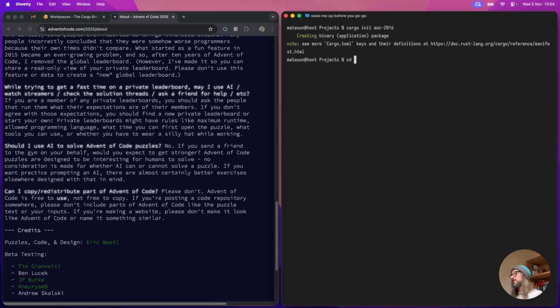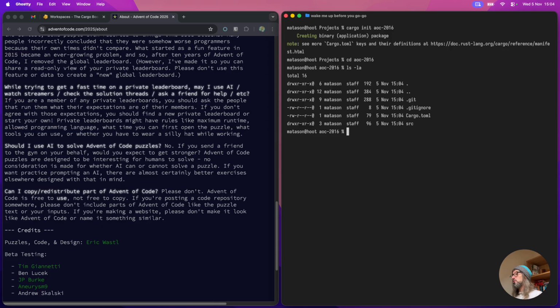Now, if we cd into that directory, what we should see is a bunch of files similar to what we ended up with last time. We've got the source directory there, which we can get rid of because we're not going to have any source code in our virtual workspace. It's all going to be in the packages that we create each day. And then if we open this up in Zed,